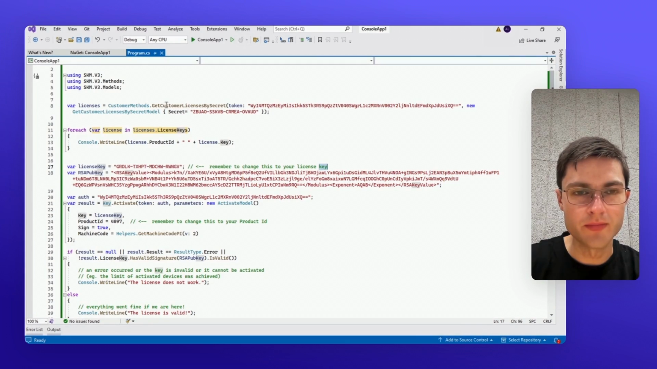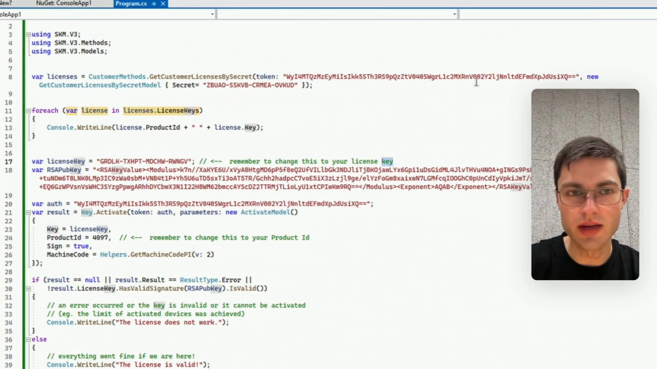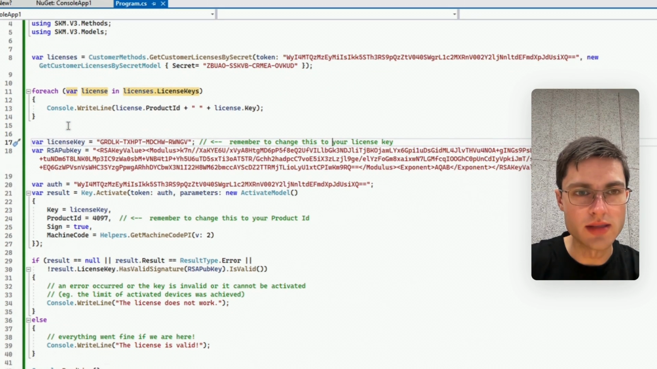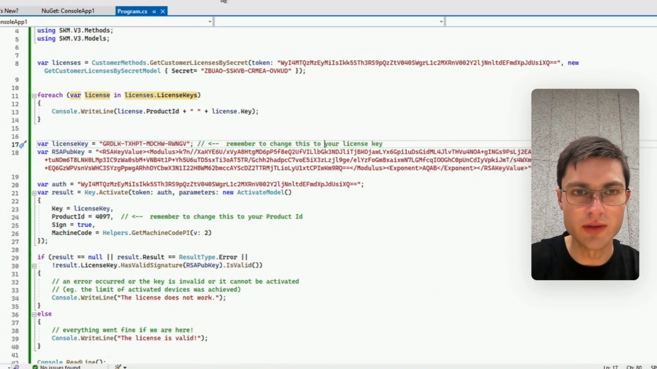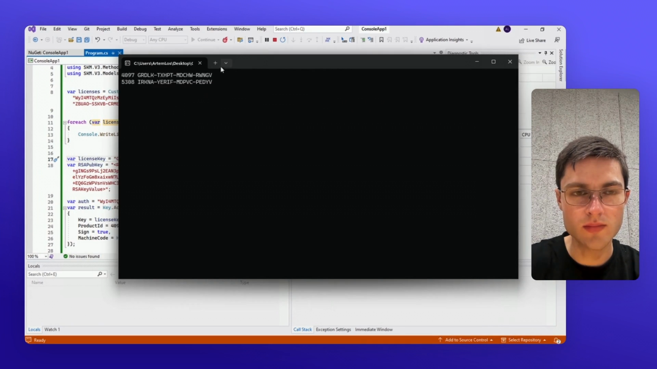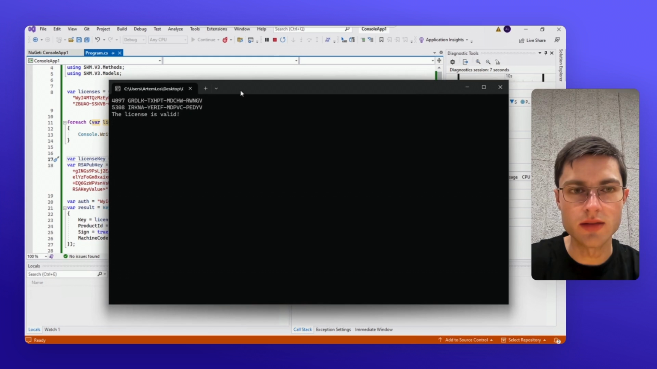And I would also like to show you how you can do this in .NET. In .NET, the approach is exactly the same as we saw in Python. We have the same method, get customer license by secret. You provide the access token, the customer secret, and then you iterate through all the licenses that they have. And then once you found the correct license, you proceed with activation as normal. So we can see how it looks if we run it in .NET. Again, the same result. And then we call the key verification method, and we get that the license is